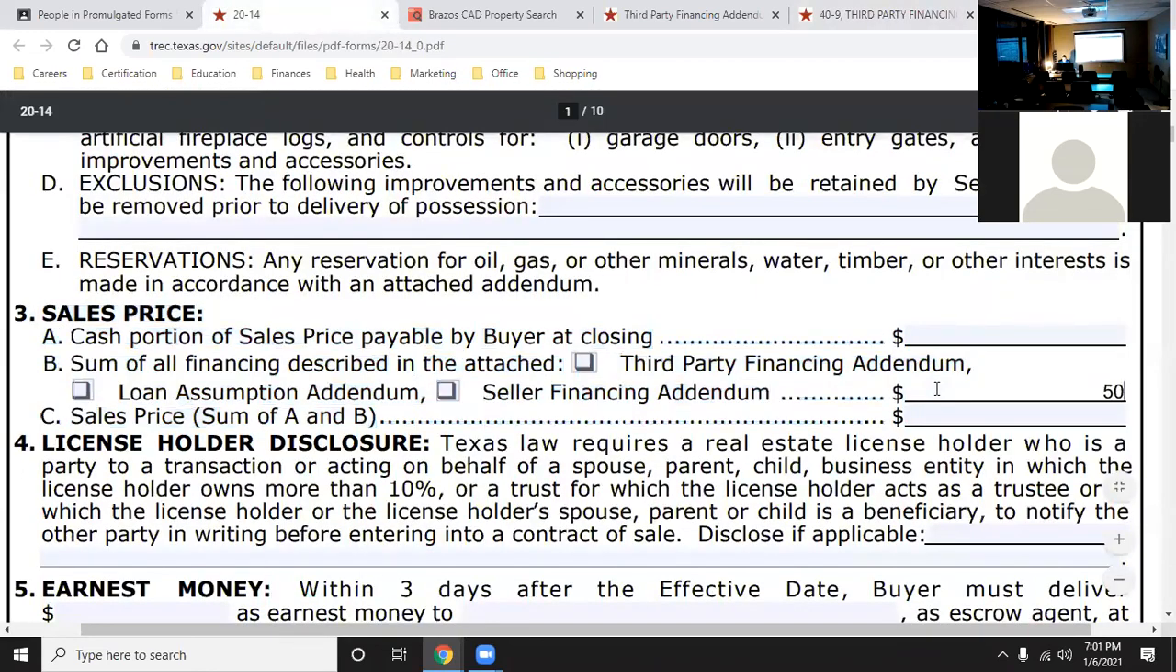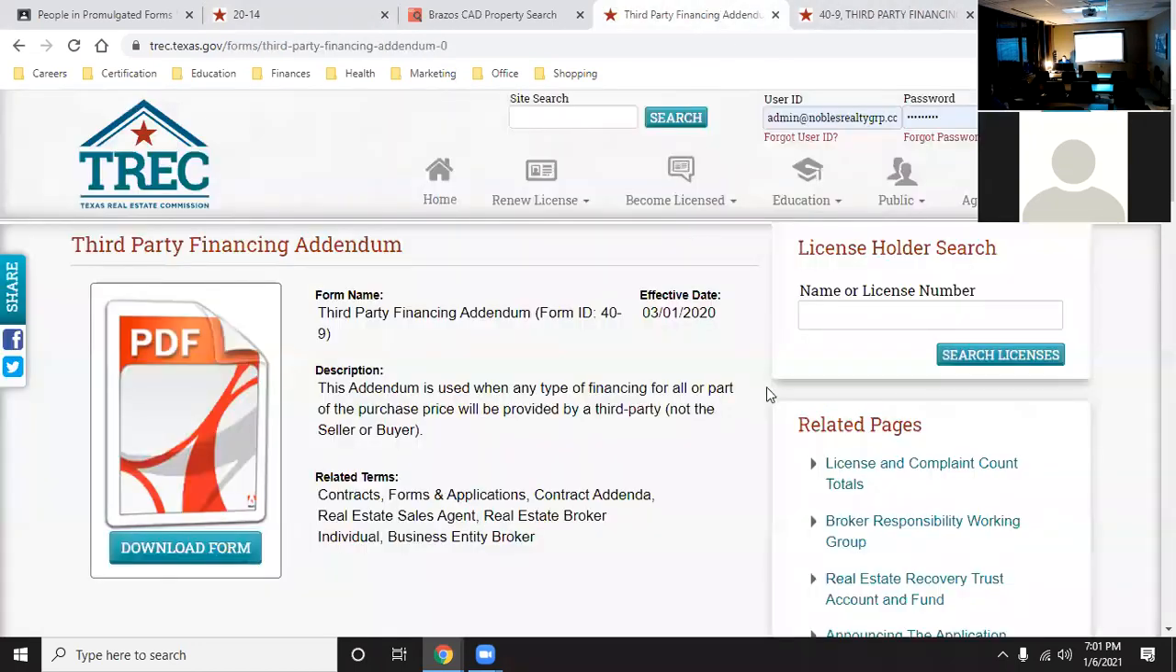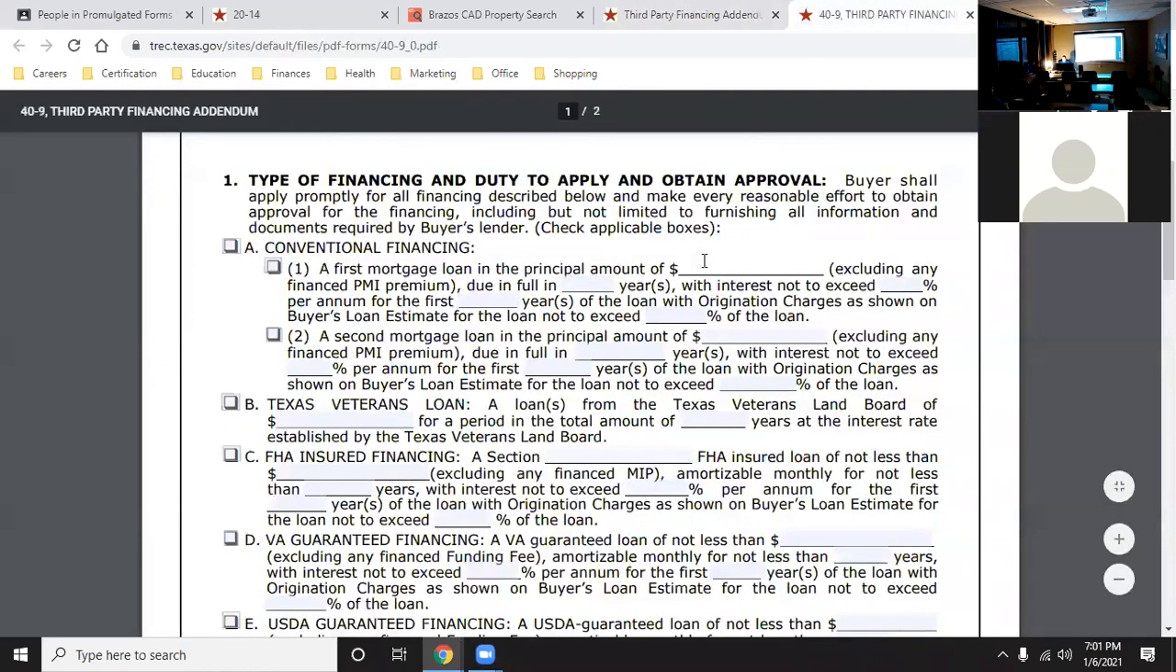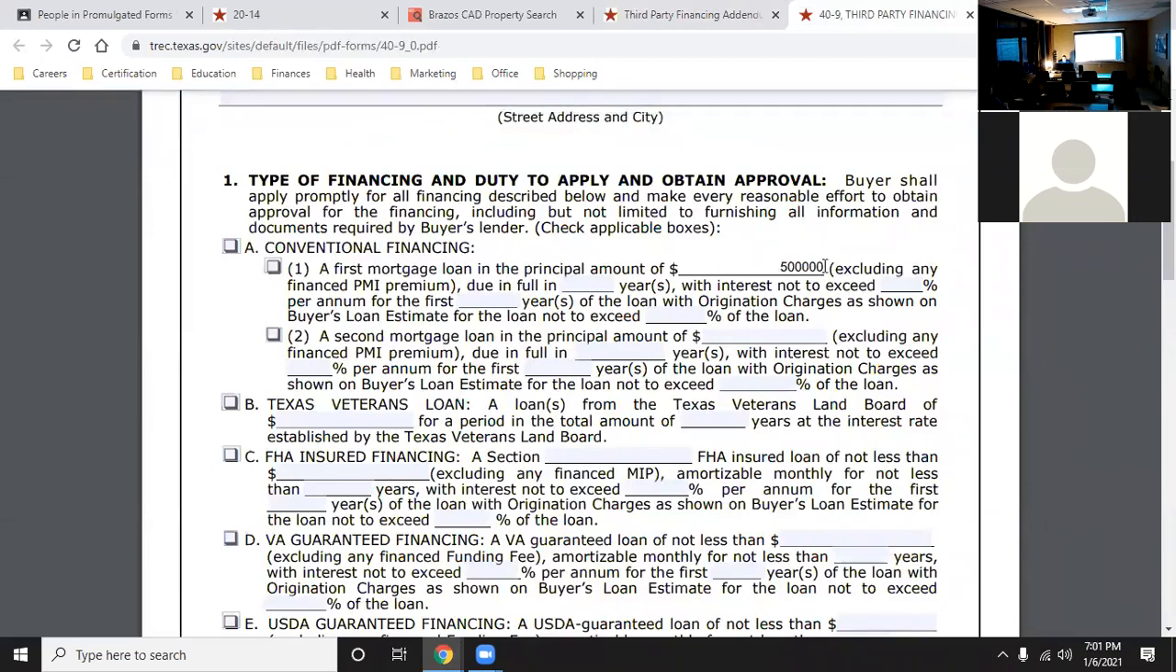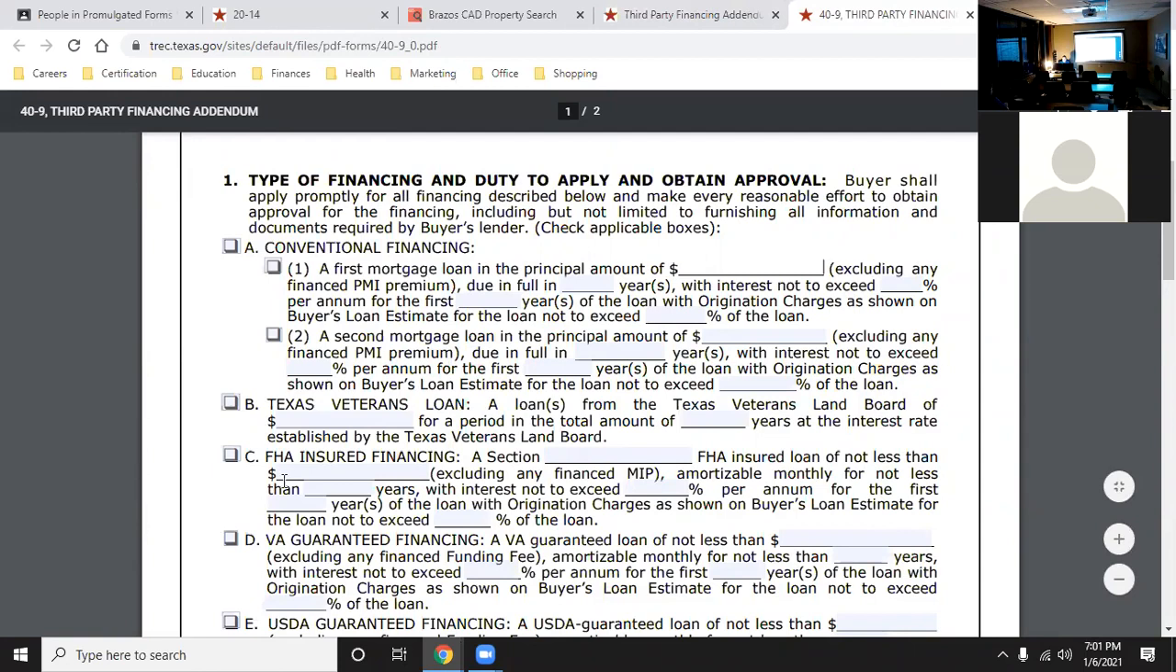Say that I put 500,000 in this spot right here, okay? And my purchase price is going to be 600,000, and I'm putting down 100,000. Whatever I put in B would end up going over here and would be placed in this box here. But if it is an FHA loan, say that it was an FHA loan right here, and I put 500,000